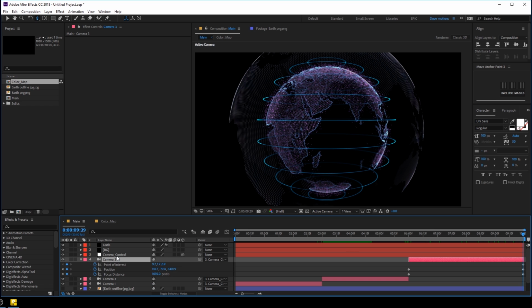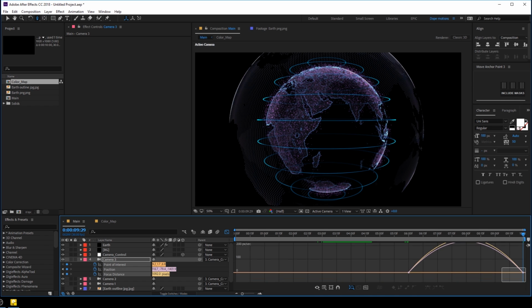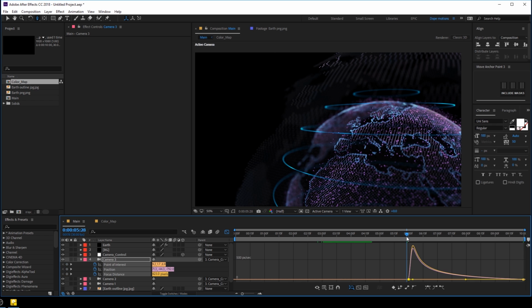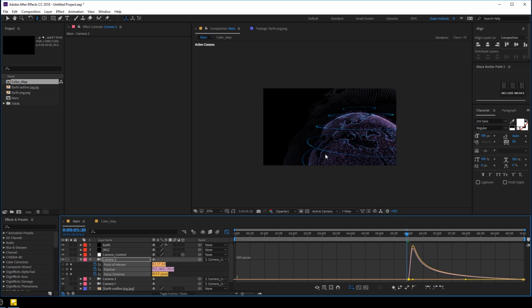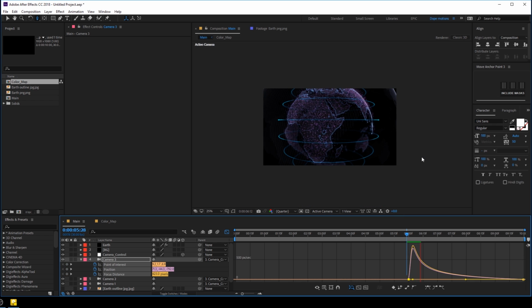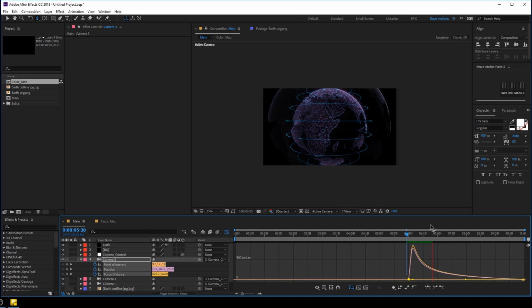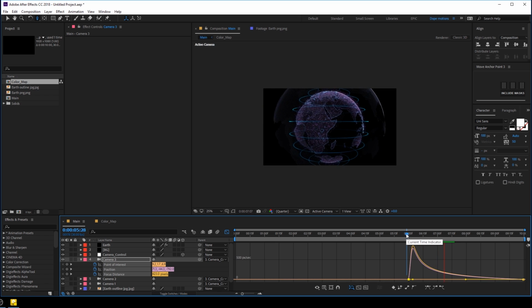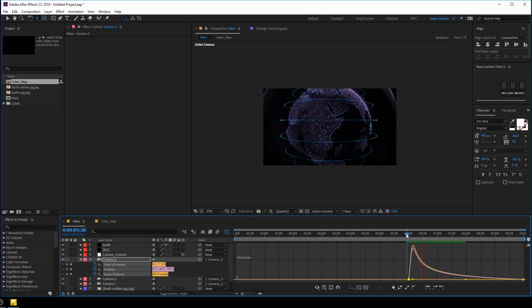Let's hit U so we can see all the keyframes. So let's go and select all the keyframes. Hit F9 to easy ease those keyframes. Go to graph editor, select these points and drag this handle holding Shift and Control to be precise, and drag this just like so. So now we have a pretty fast zoom out animation, just like that. As you can see, nice and subtle,